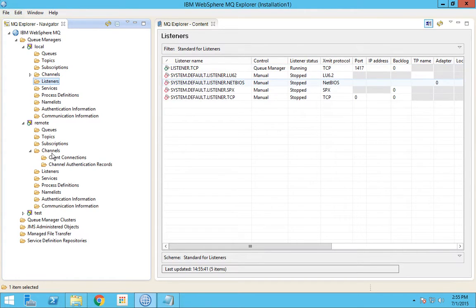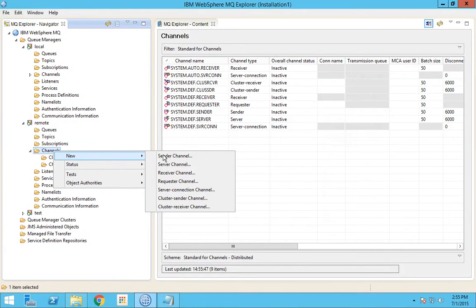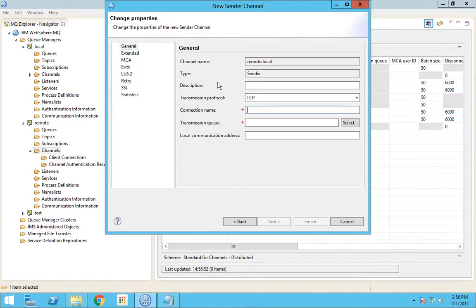Okay, so now I will come again over here, go to new, and I will create a sender channel because we are sending from remote to local. And remote.local. Press next, and this is going to be localhost. But in case you are going to connect to a queue manager on some other server, you need to provide the IP or the host name, and open bracket 1417.